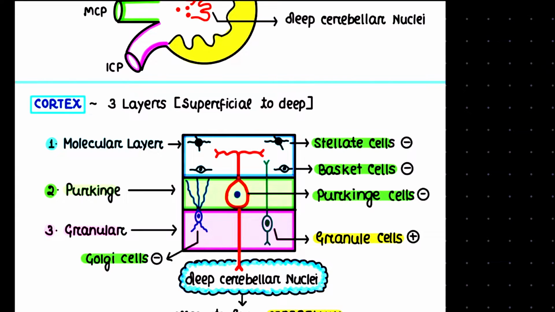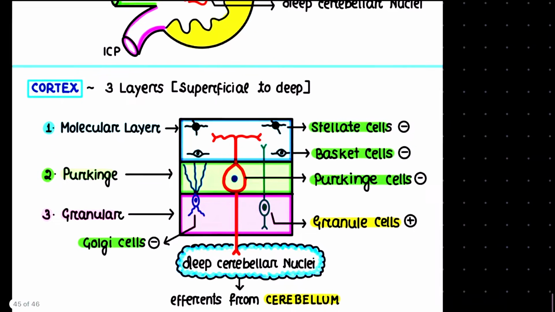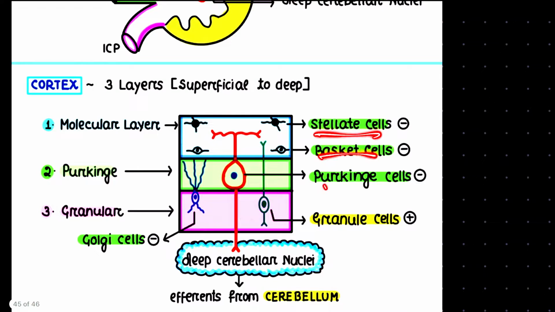And as you can see, another cell that we have got is the Golgi cell. As you can see, the Golgi cell extends till the Purkinje layer. Okay, these were the different layers and different cells found in the cortex of our cerebellum. Now, talking about these different cells, these different cells have